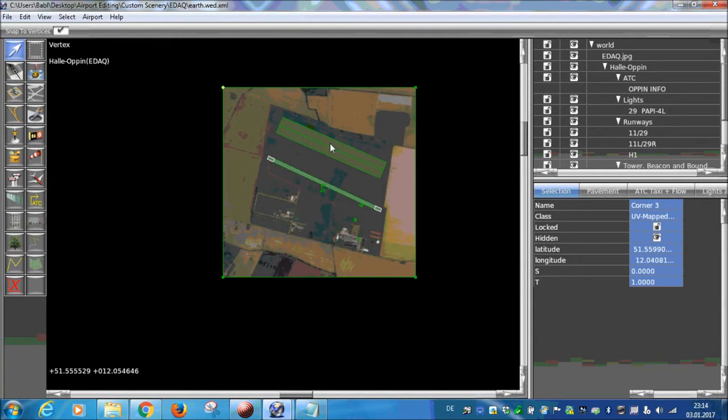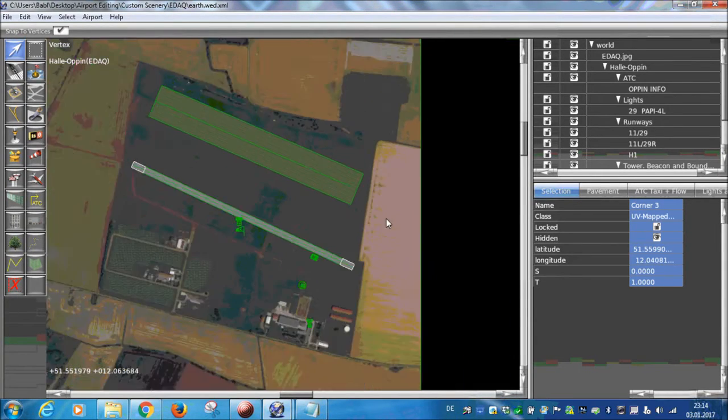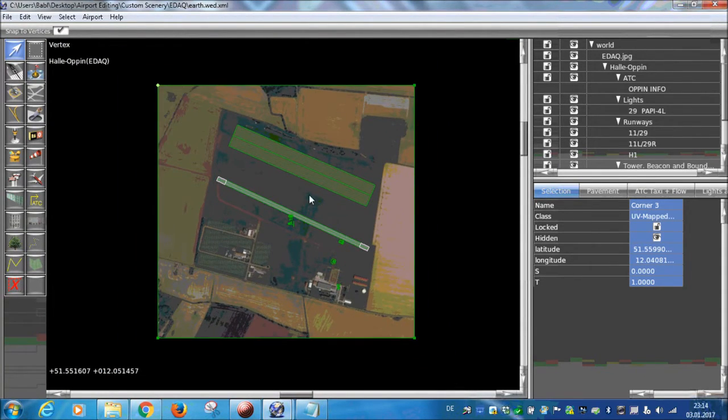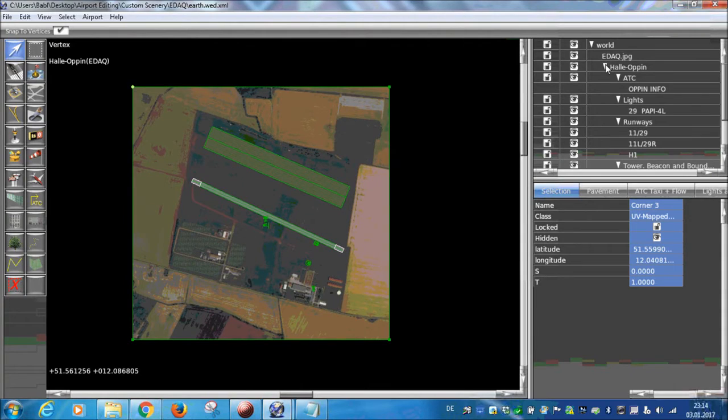And we will do the same with west and east, this time using the western and the eastern edge and the longitude section. Now we have the picture perfectly aligned to the real-world conditions,